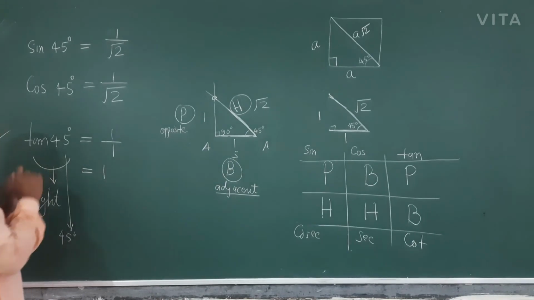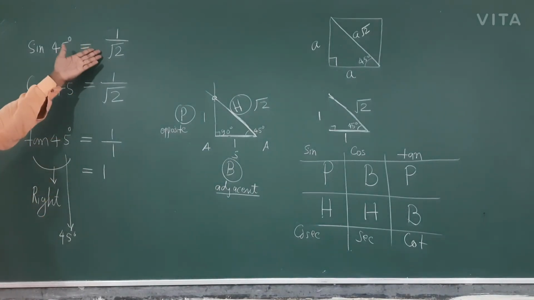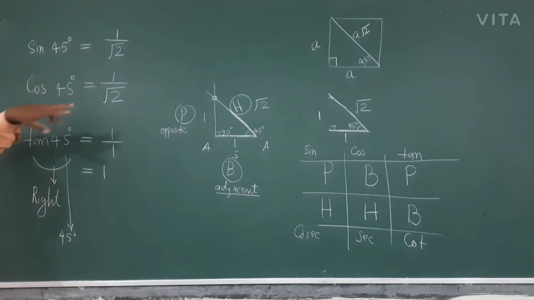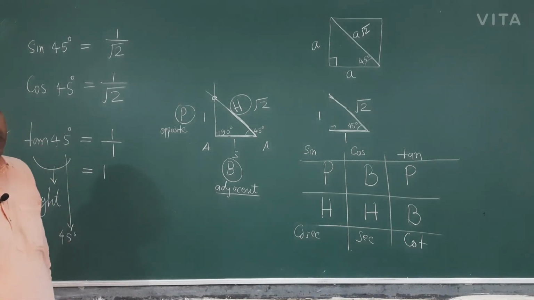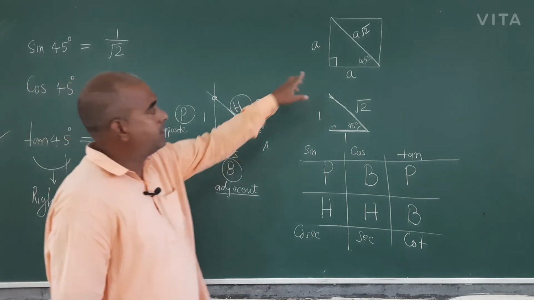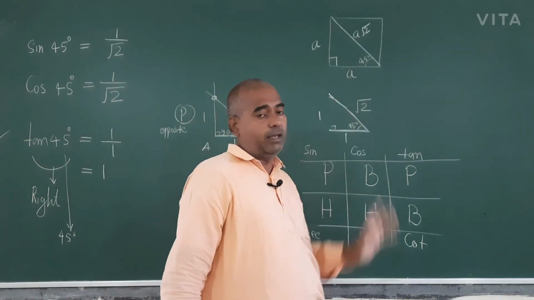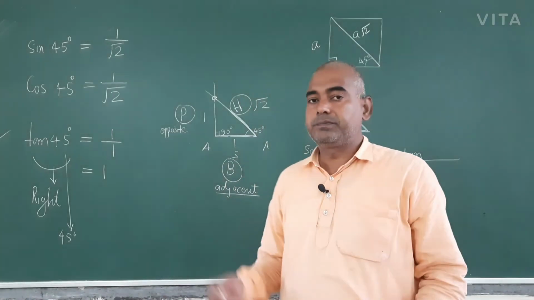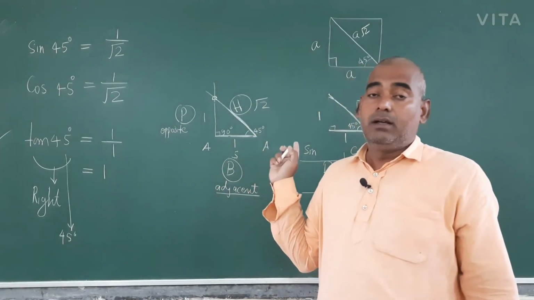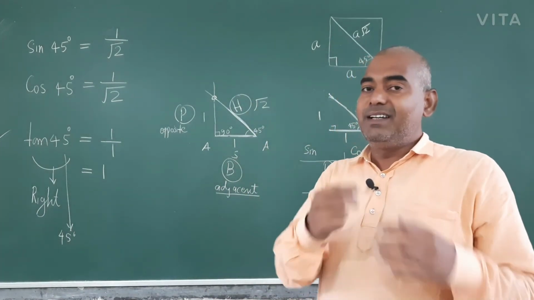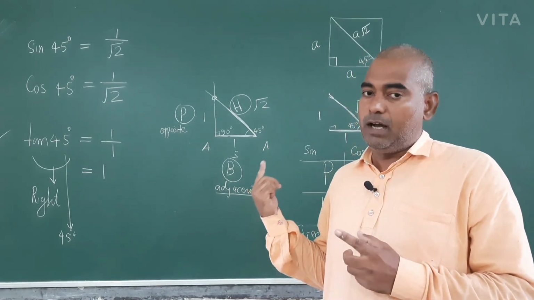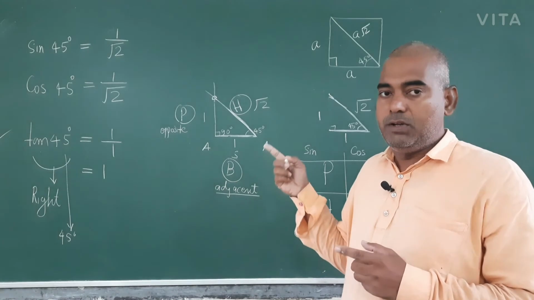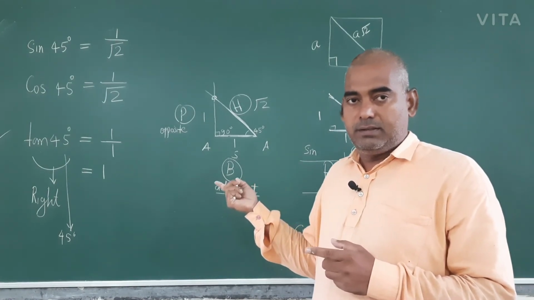This is the Pythagoras theorem, hypotenuse. In the trigonometry chapter, tan will be used most of the time. So this was the 45 degree triangle, which I told you is made with the help of a square. In my next video, I am talking about the 30 degree and 60 degree triangle, so just look out for this video number. Okay.